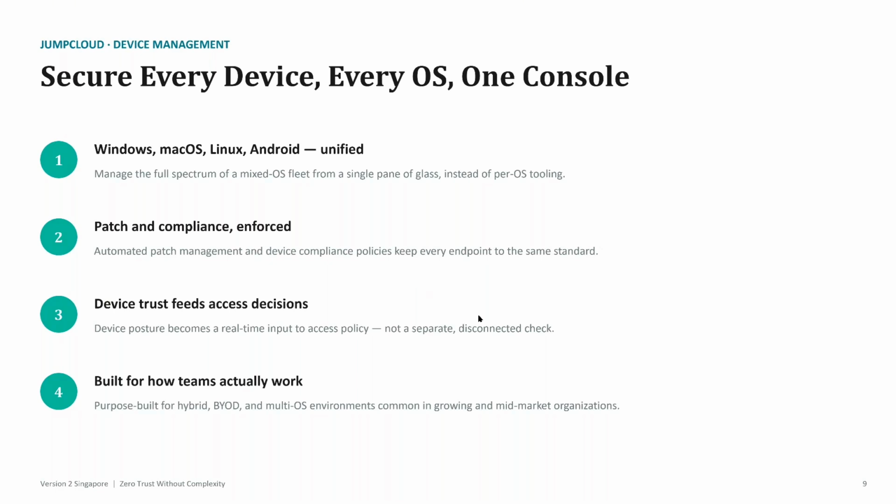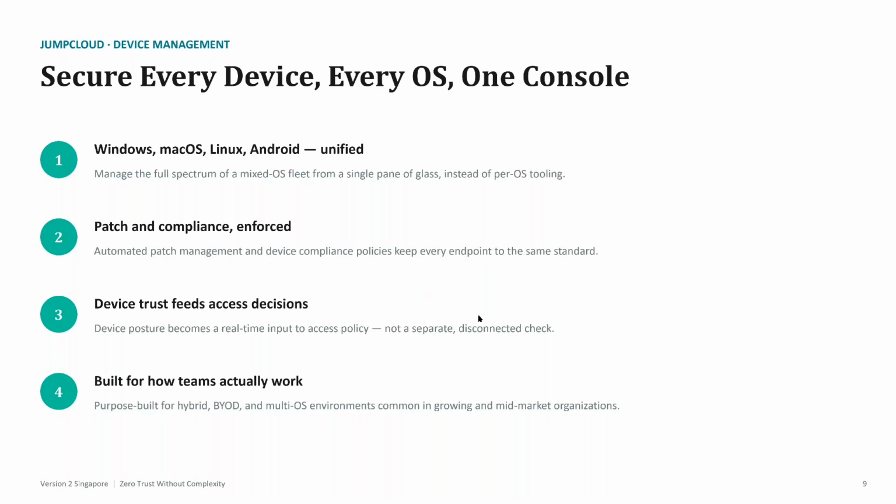Some is cross-platform, some is platform dependent, because each platform has different functionality, right? But it can be done in the same platform through device groups and policies. And we also can do some real-time access policy, so you can control the device access, who can log in and when, very easily, simply through a few clicks in JumpCloud.